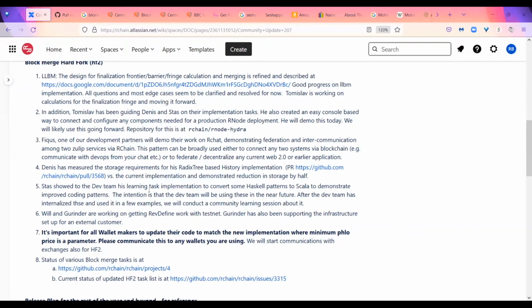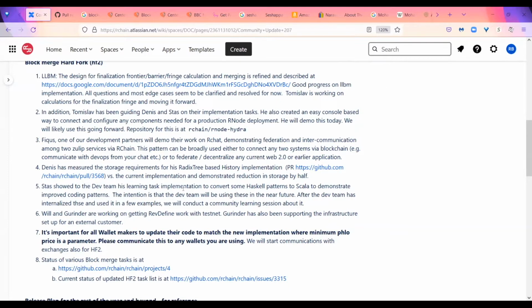Stas has been working on two things. One was he made it configurable to include or not include refund and pre-charge as part of the flow for deploys. The second one was a learning task that Tomislav created for him, to take some Haskell patterns and try to convert them into Scala.